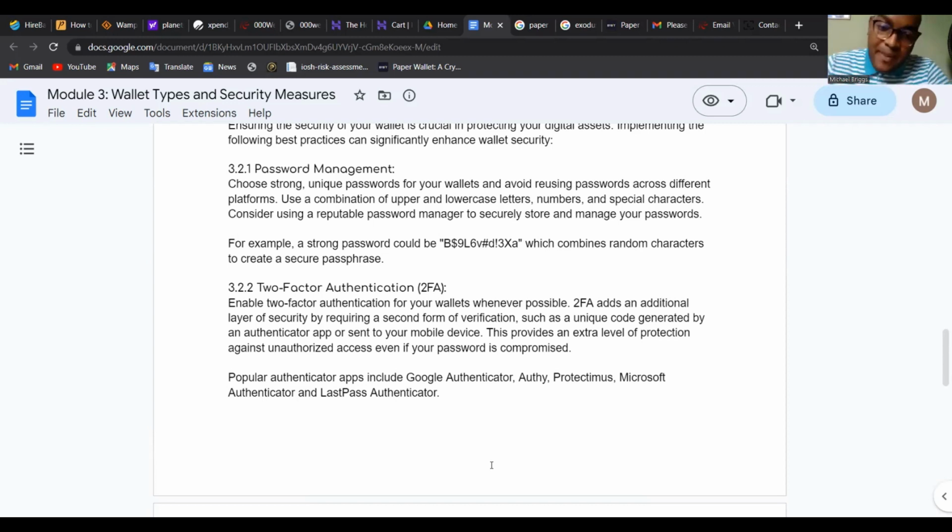Now, the good thing about Google and Microsoft Authenticator is that you can back up the accounts you've added two-factor authentication for on the app. If it's Microsoft Authenticator, for example, you can choose a Microsoft account with which you can back up those codes. Because if you have that saved on your phone, and something happens to your phone and you don't have access to the app,